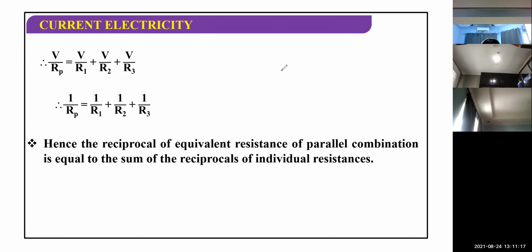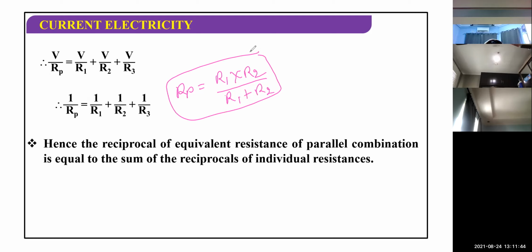Now there is a shortcut technique, children. And what is that shortcut technique? The shortcut method is, whenever two resistors are given in parallel, please note down, children, somewhere. If two resistors are in parallel, multiply the two resistors, and in the denominator add both of them, R1 plus R2. This is the shortcut method. So this is applicable only when two resistors are there.